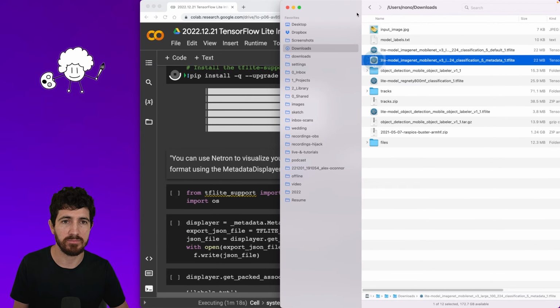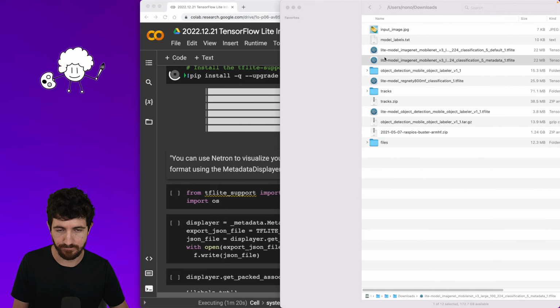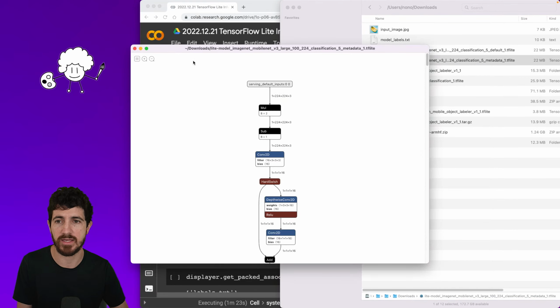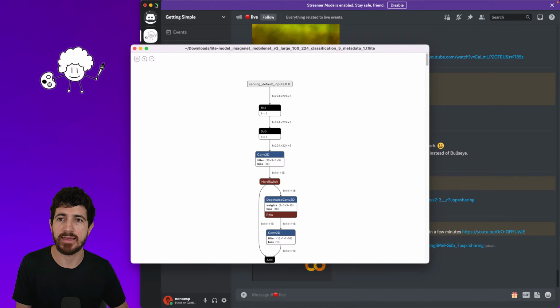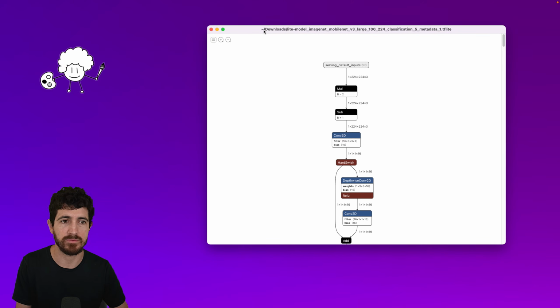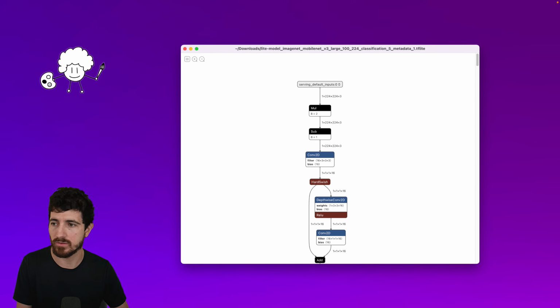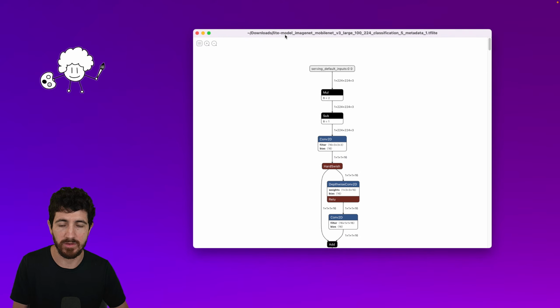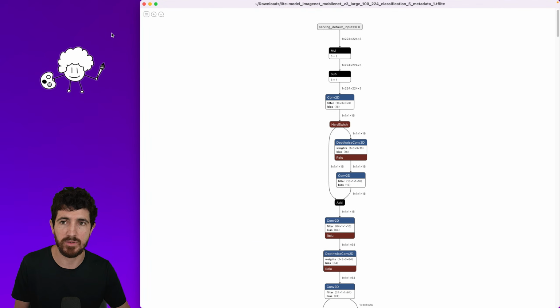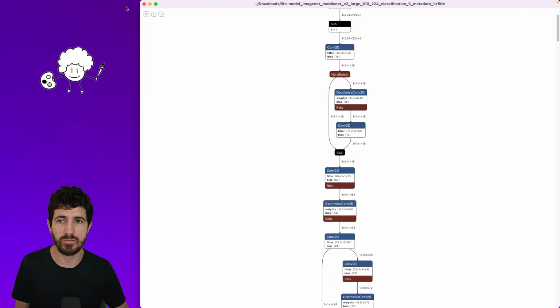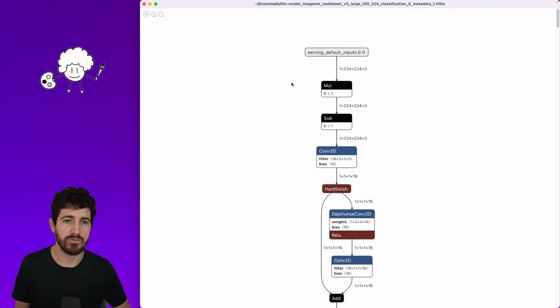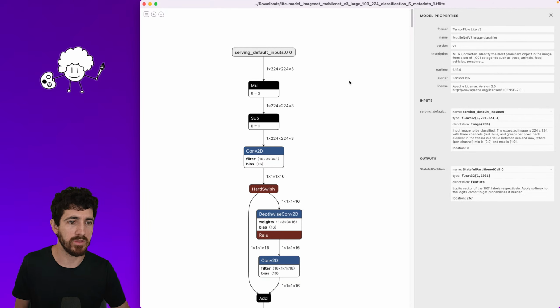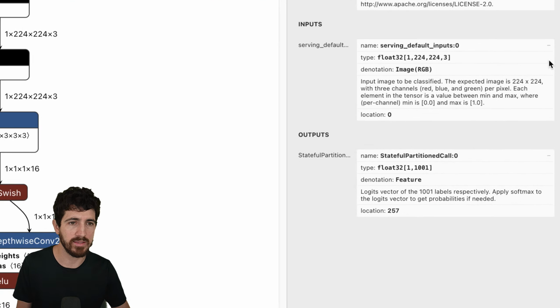I'm going to double click the model, and because I have Netron installed, I can see the model here. Let's make this a bit bigger, and I can zoom in. This is a big model, but if you click on the input, you're going to be able to read this